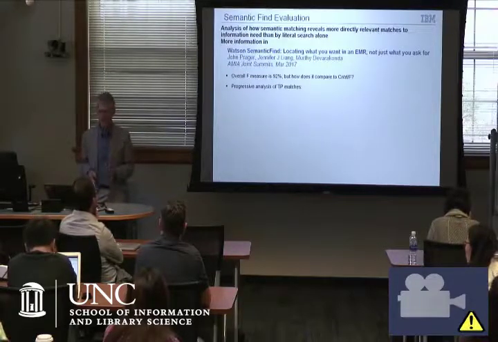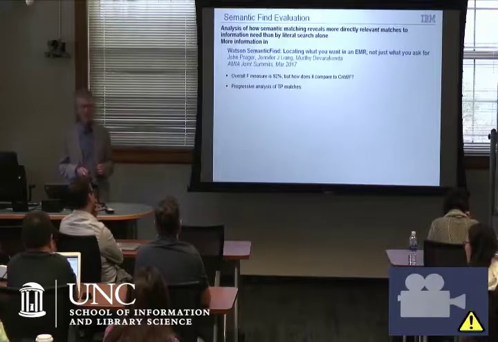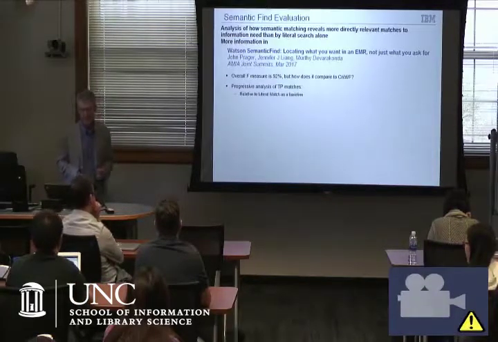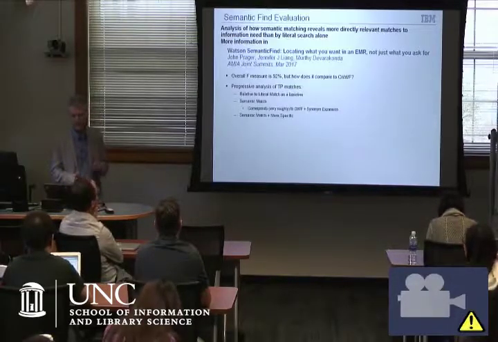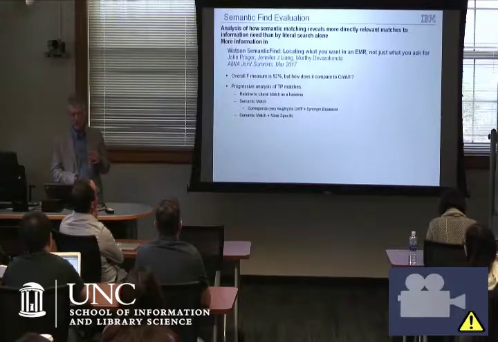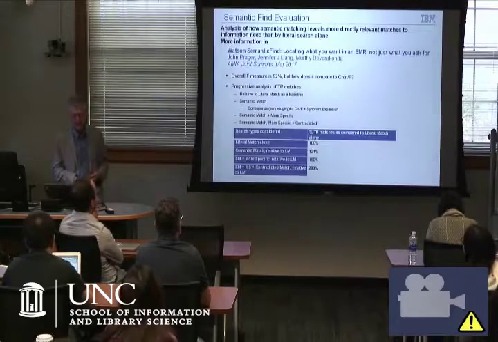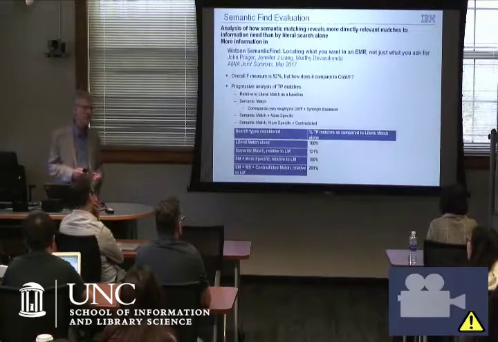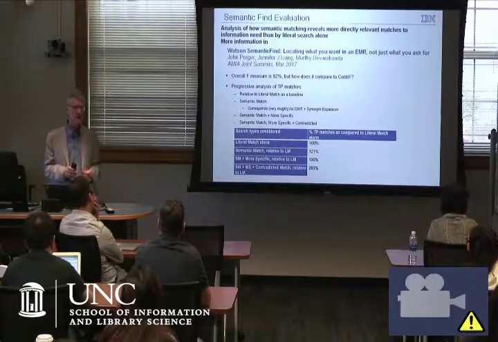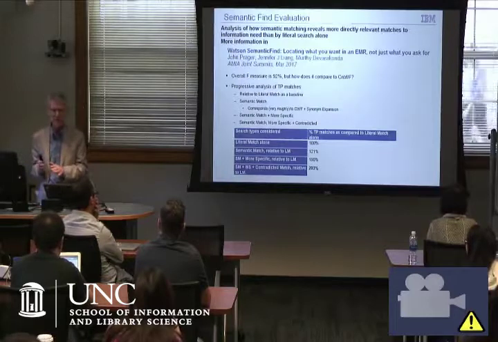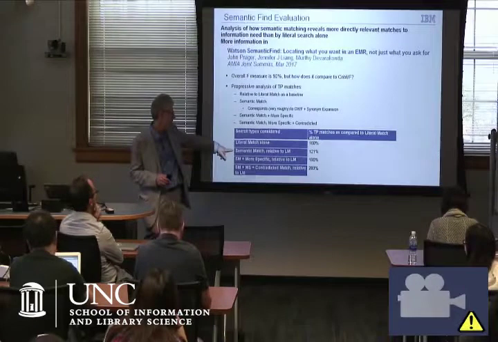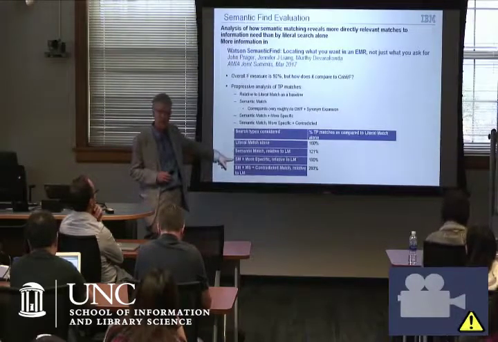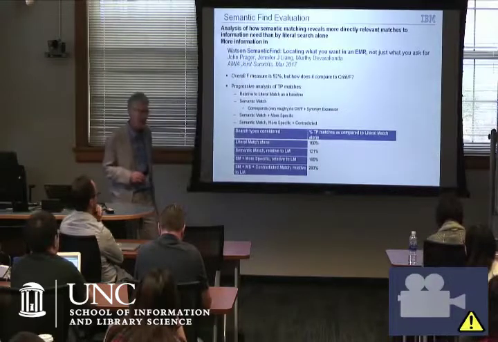That's what we evaluate. So we did a progressive analysis of true positives in our system, relative to literal match, which is what you get with Control F. So we did literal match, semantic match, and then more specific added on, and then contradicted added on to that. So this is what we found. If you just count the number of true positive matches, and you could tell from the F measure that there's not too much noise going on, by adding in semantic match, you get another 21%. If you add in more specific, you get a huge jump. And a few more when you add in contradicted match.